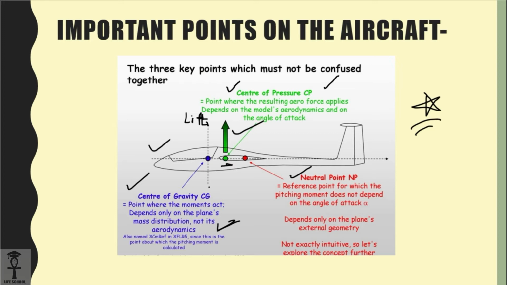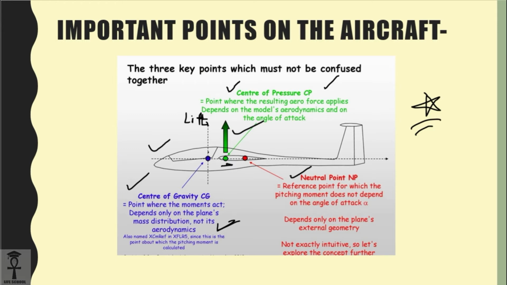Basically CG is the point that we are going to adjust to get the stability, because the center of pressure completely depends on the contour of the aerofoil as well as the angle of attack. So it's not typically in our hands, because the contour we cannot change for a particular aerofoil. But CG, yes, we can definitely change by arranging the weights accordingly. Then the neutral point is a result of these 2 points.